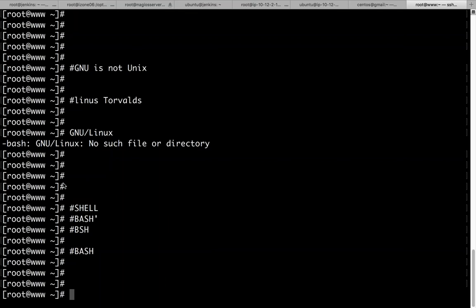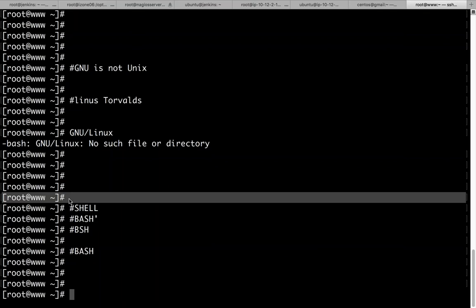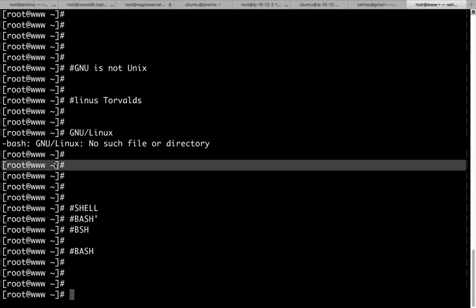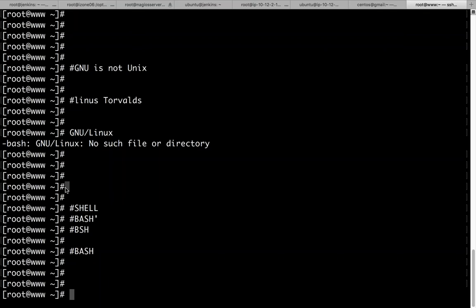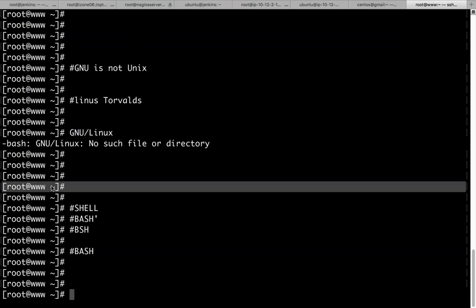Now, when I say I'm going to type a command, do not always think that whatever command I type will be an external program. It is not like that. Bash itself comes with several built-in commands, which means that, considering bash as a program, that program itself provides several built-in features. Those built-in features can be accessed by several commands. If you want to access some other features which are not provided by bash, then of course there are other programs available in the system, which can again be triggered using the same terminal that you are sitting in.